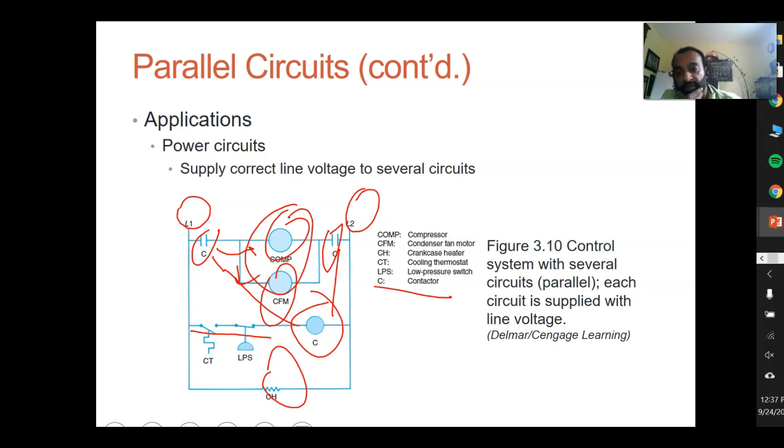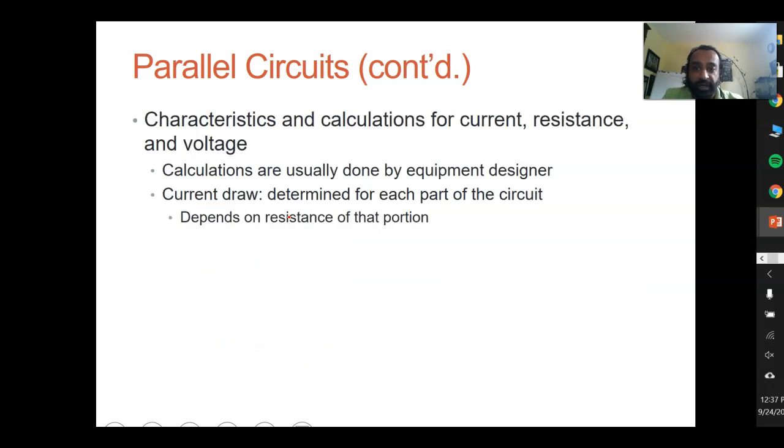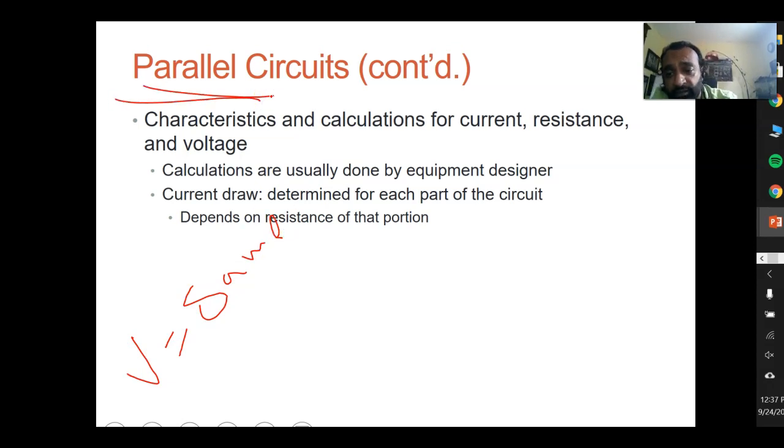So if you want to recognize on the schematic if the circuit is in series or parallel, you just have to follow the current. Just follow with your finger, see where it goes, and once it divides, you know those two are in parallel, not in series. So parallel circuit has different characteristics, and we said they have the same voltage. The current will be depending on the load, and so I'll say voltage the same. That's for the parallel circuit only, not the entire combination circuit. For the parallel circuit, current will divide